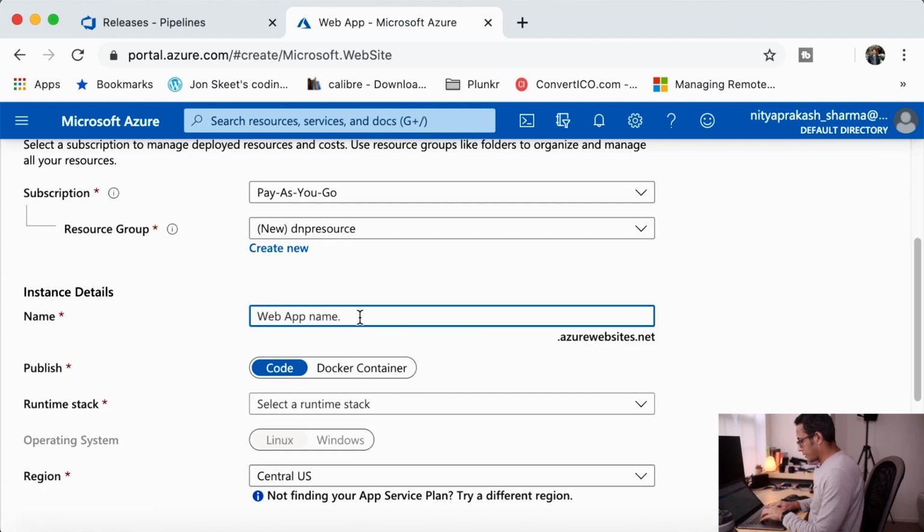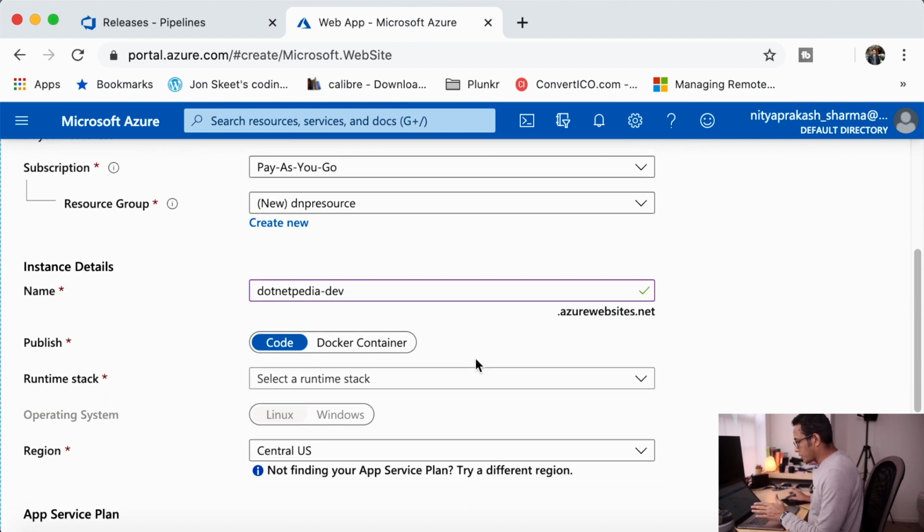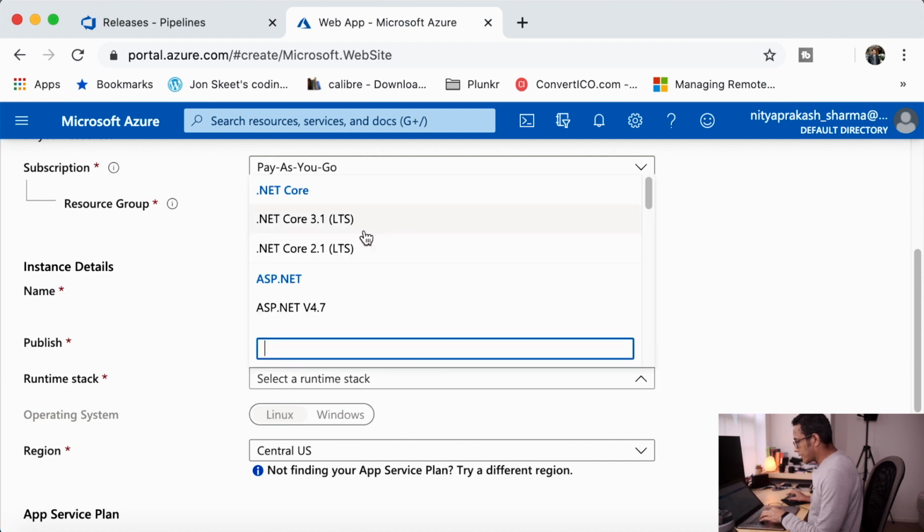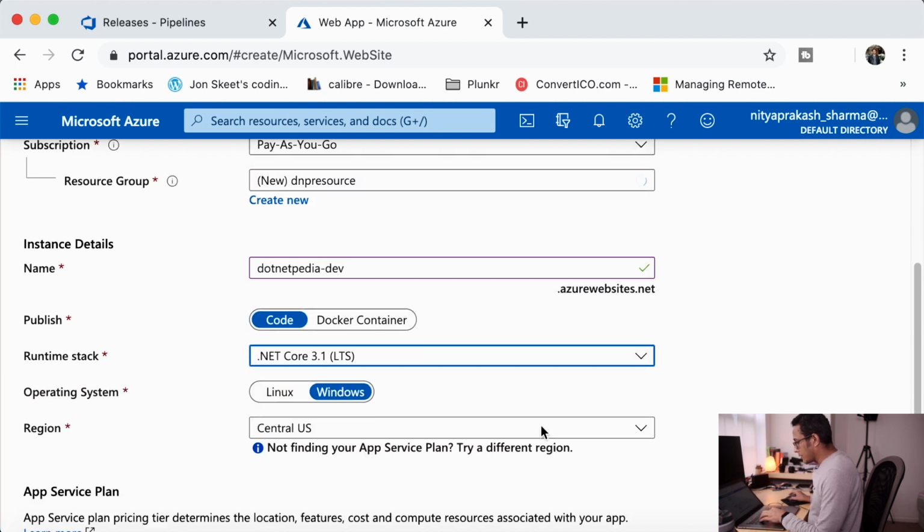I'm giving the name .NETpedia dev. I'm not going to put the code in containers, so I'm directly deploying the code here, and it is .NET Core 3.1.